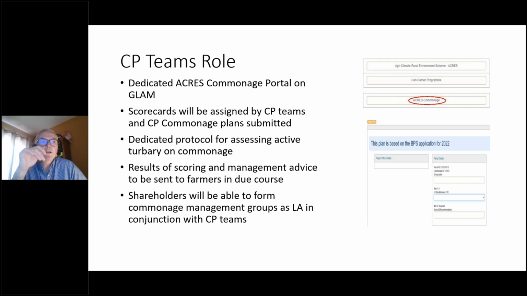The results of all of the scoring, and the management advice arising out of that scoring on the scorecards, will be sent to the farmers, the Acres shareholders in those commonages, in due course, whenever that work has been completed. You can understand there's a fair volume of work involved in